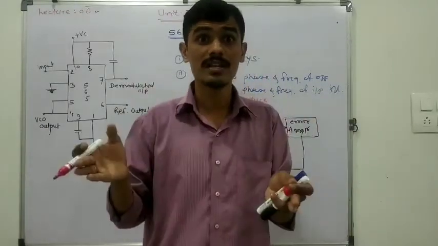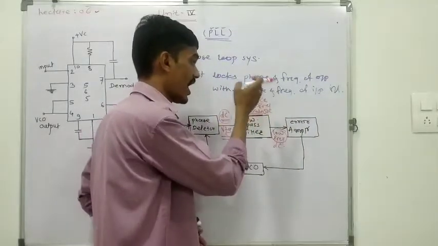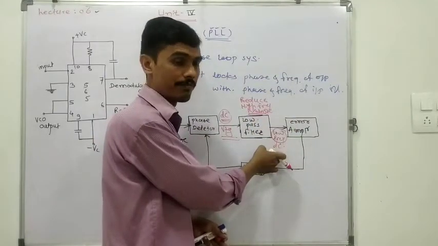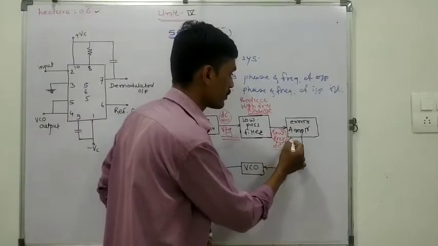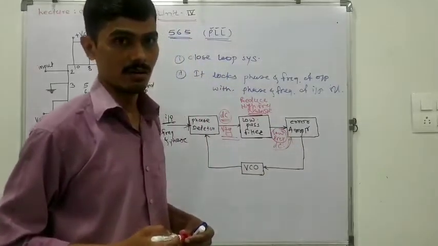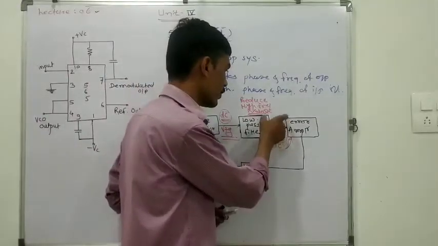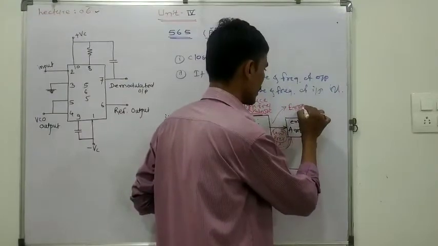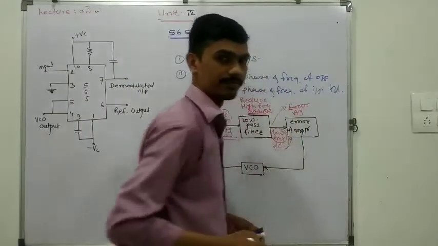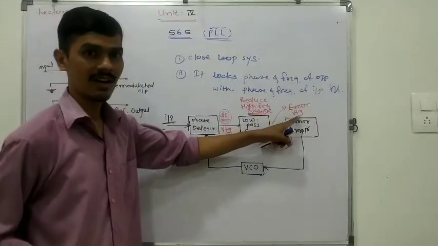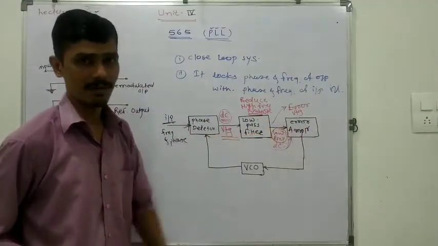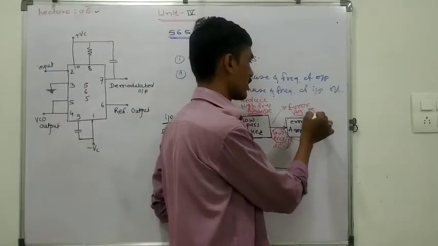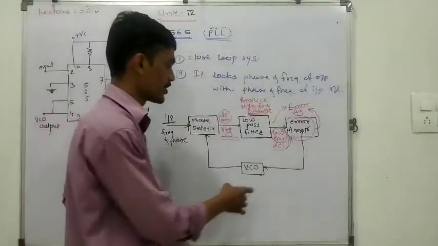Out of that noise signal, we are minimizing or reducing the high frequency noise, and we are getting the low frequency noise with the DC output voltage. And that DC output voltage we provide as an error signal. So whatever output we get at the output of the low pass filter is nothing but the error signal or error voltage, and that is provided to the error amplifier. This error amplifier will amplify this error voltage, and that is provided to the voltage control oscillator.